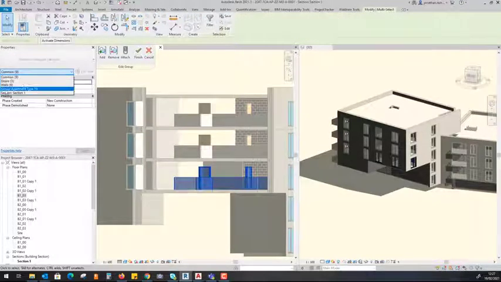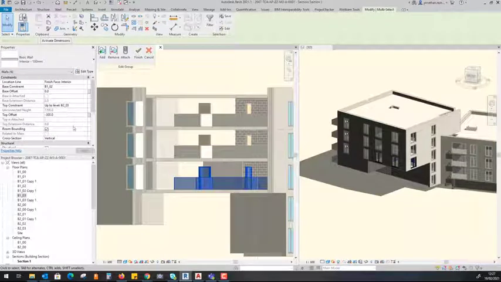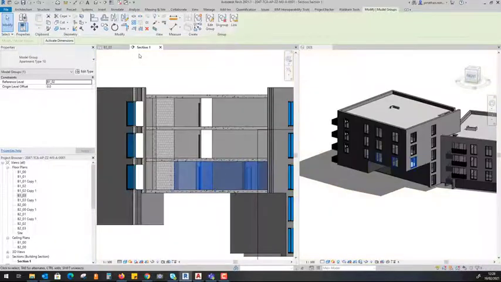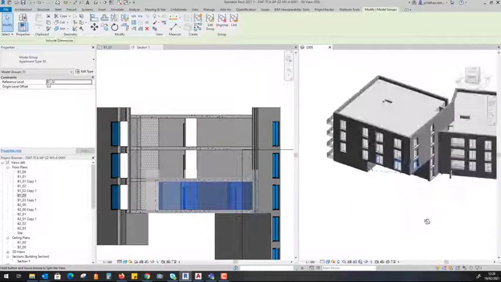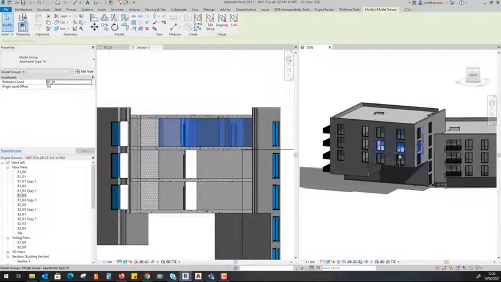Do a cross select, just drop down walls on the left hand side. All I want to do is make sure that it's gone up to the correct level. So I want to set it to B103, which is the above level, minus 300 to allow for the floor plate. Hit apply, hit finish, and we can see all of our groups of our apartment layouts has duplicated across each